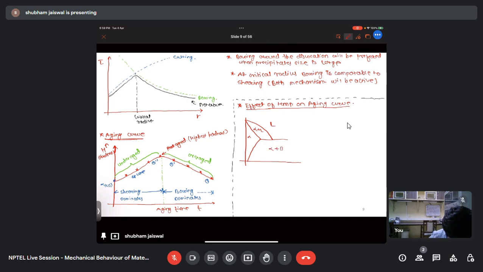Here this is temperature, this is composition. So if I plot an aging curve,